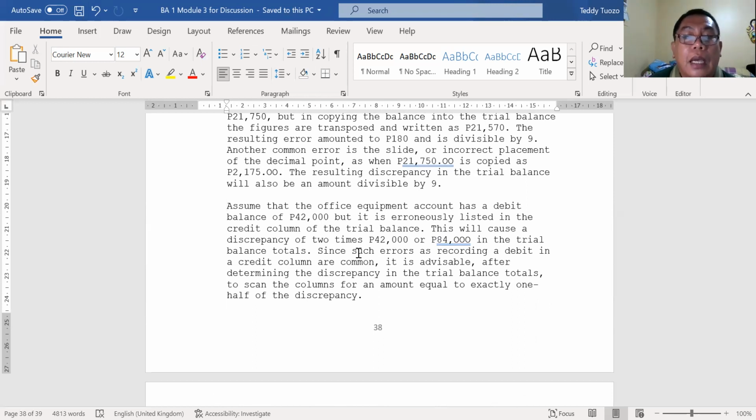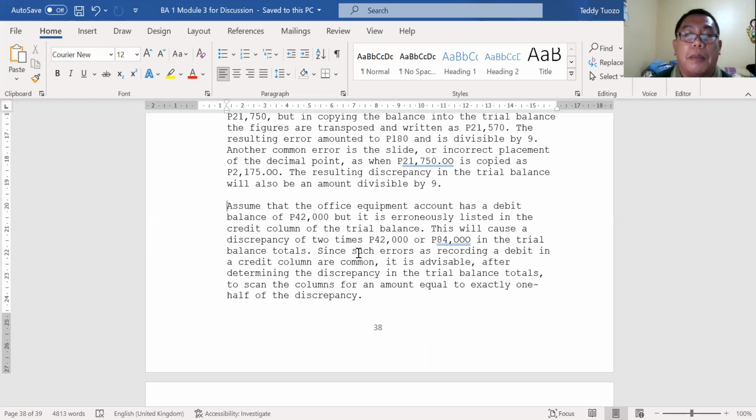And then has a debit balance of 42,000, but it is erroneously listed in the credit column of the trial balance. Instead of the debit, because office equipment has a normal balance of debit. This will cause a discrepancy of 2 times 42,000 or 84,000, or a double posting or a double effect will be the error. Since such errors of recording a debit in the credit column are common, it is advisable after